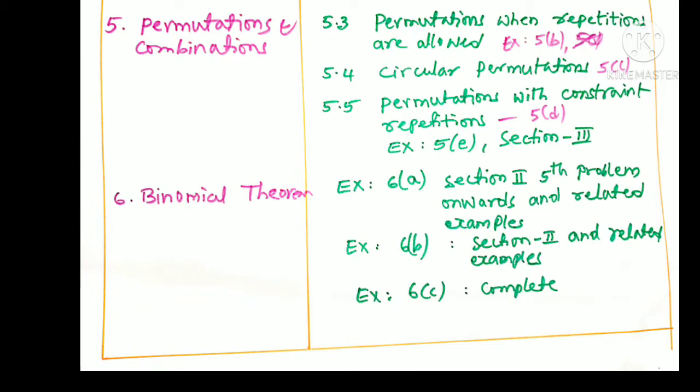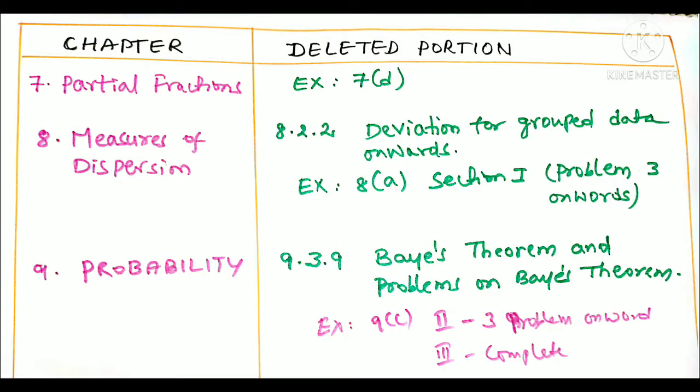Okay, this is very simple. But here what you can understand is that there is a very limited portion. Easily you can get one 2-mark question and one 4-mark question from this chapter. So you can concentrate on that portion, right? Now you can come to the next chapter, partial fractions. From this, it is particularly mentioned that exercise 7D is deleted. Yes, exercise 7D we can delete, as well as the corresponding examples also indirectly.